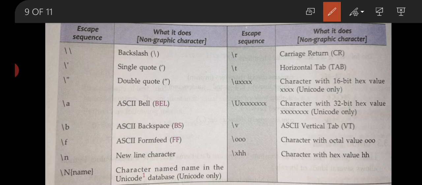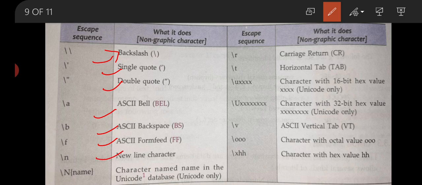Double backslash represents a backslash. Backslash and single quote represents a single quote. Backslash and double quote represents a double quote. Backslash a represents the ASCII bell. Backslash b represents backspace. Backslash f is form feed. Backslash n is the new line character.